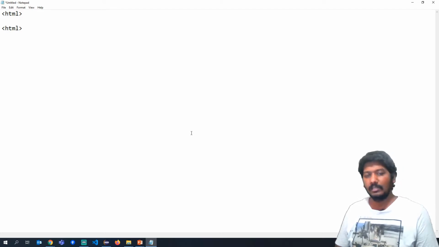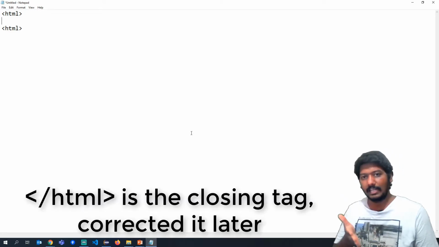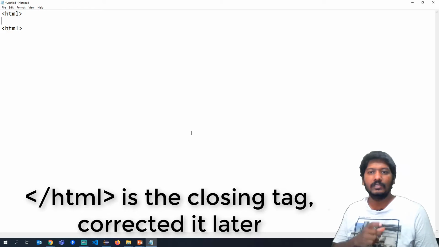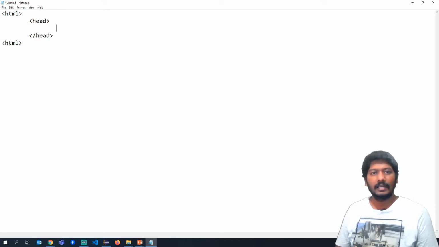So in HTML, whatever code you write will be in the form of tags. There is an opening tag and a closing tag. So here we are saying HTML as the starting of the entire web page and /HTML is the ending of the entire HTML page. Here I can give head. Under head you can have something called title. Under this title I can give some string, for example, first HTML page,